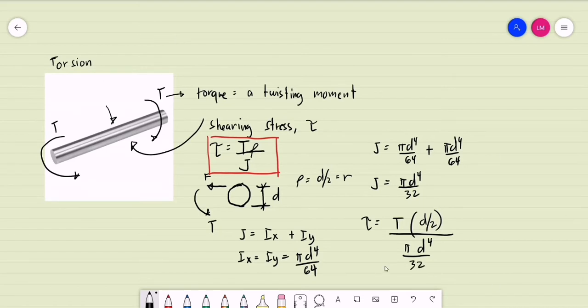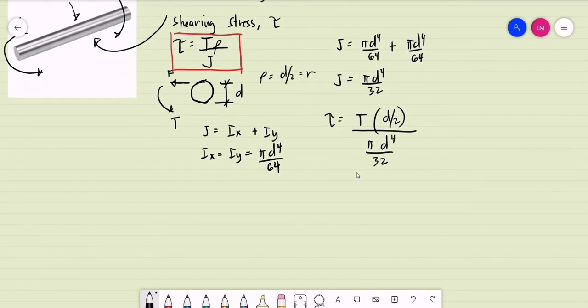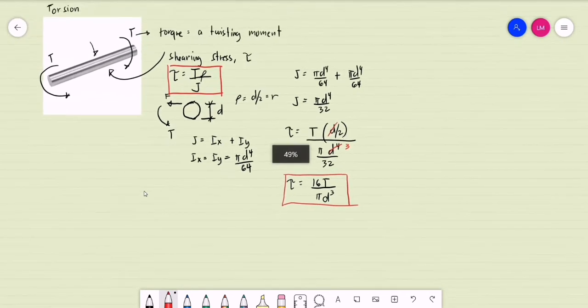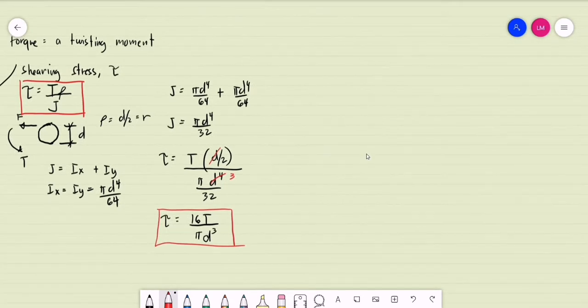So simplifying this equation, we'll be having the equivalent of the shearing stress. We may cancel one of the d. So this will now be d raised to 3. So 32 divided by 2, this will give a value of 16 multiplied by the torque divided by pi times the diameter raised to 3. So this is our formula for a solid circular shaft for computing the shearing stress. So if we are to compute for the angle of twist,